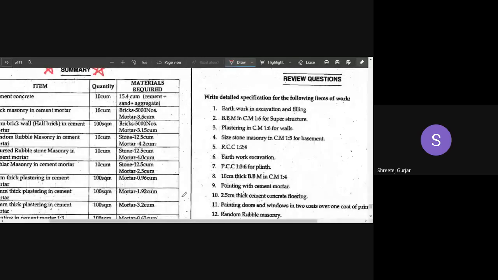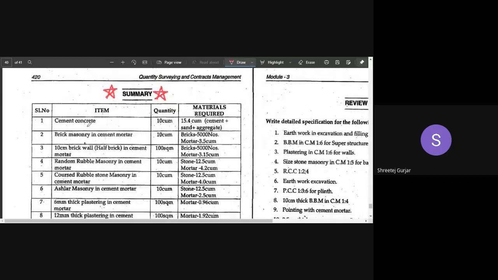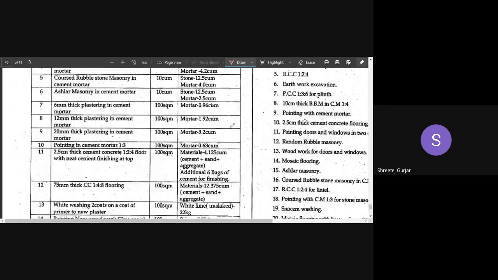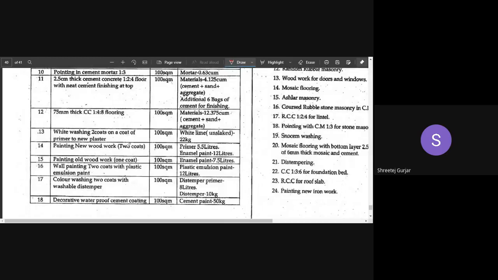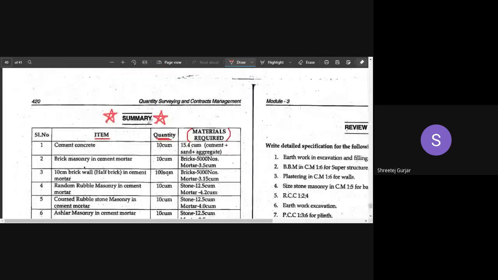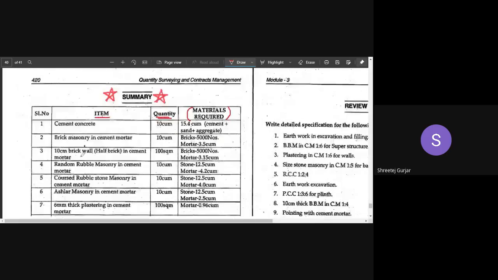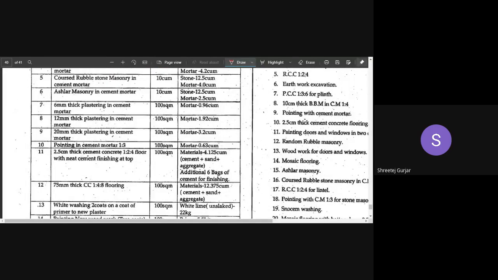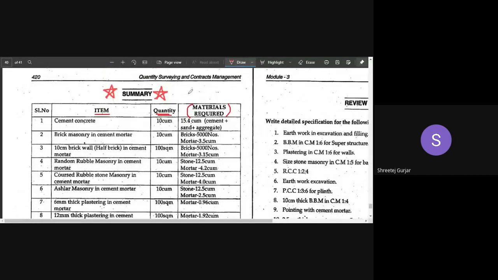Okay, and in the end, a very good table is provided for better understanding. You can see a summary is given to us, wherein the item of work and a brief quantity that you have to assume initially is given, and the materials required are given to us briefly. So that we have a brief idea in our head, so that we can easily remember and write it down in the exam. So this summary table is very important. You can go through this after you have studied all the specifications and analysis. This table is very helpful for remembering.